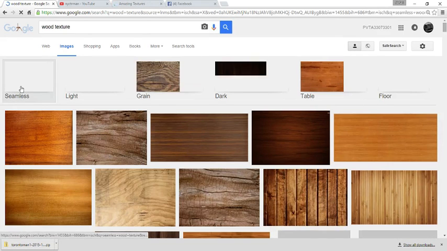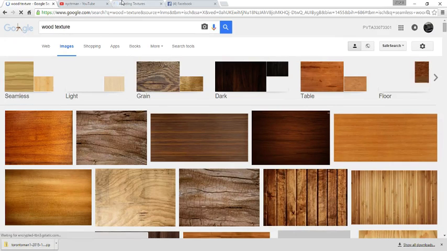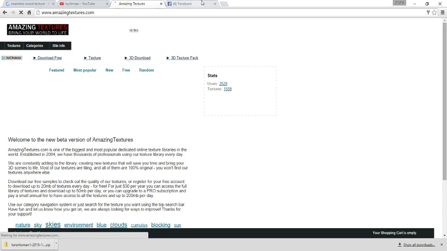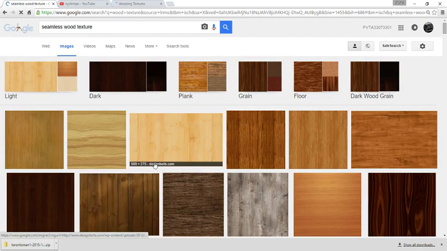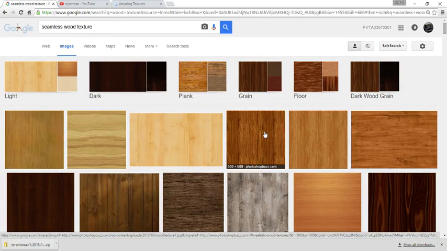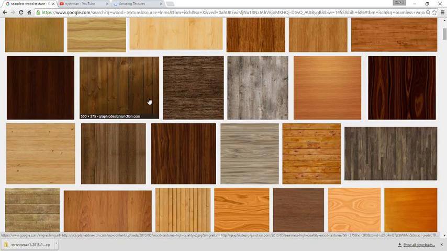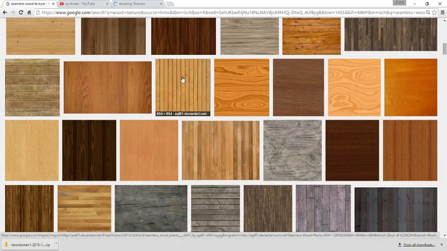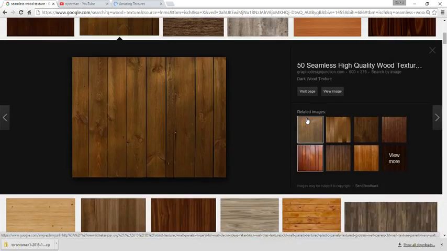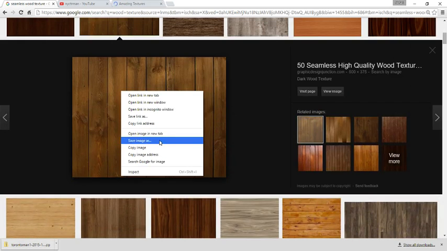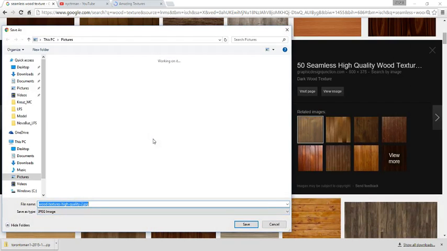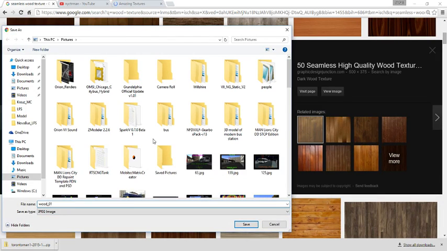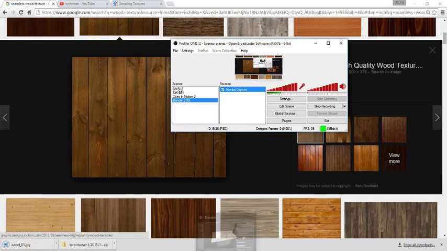But let's just search one up, and you want to look for something that says seamless. Okay, let's close that for now. And let's get something like, I guess this will do. Yeah, that'll do for right now. And let's right click and save the image as wood01. And now, whoops,